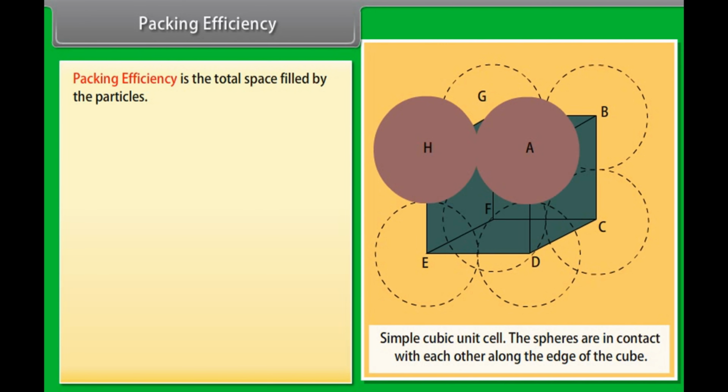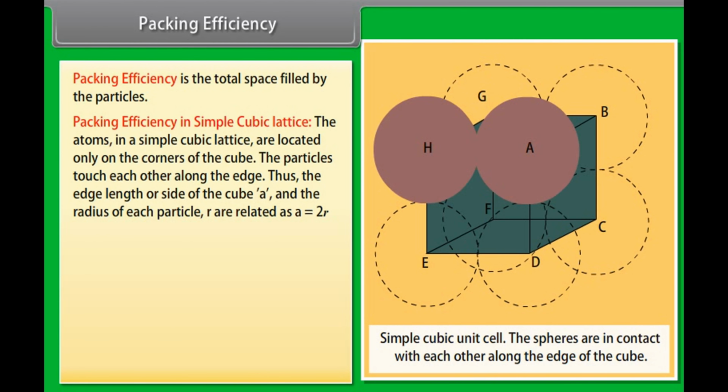Packing efficiency. Packing efficiency is the total space filled by the particles. Packing efficiency in simple cubic lattice. The atoms in a simple cubic lattice are located only on the corners of the cube. The particles touch each other along the edge. Thus, the edge length or side of the cube, a, and the radius of each particle, r, are related as a = 2r. The volume of the cubic unit cell is equal to a³, which is equal to (2r)³, which equals